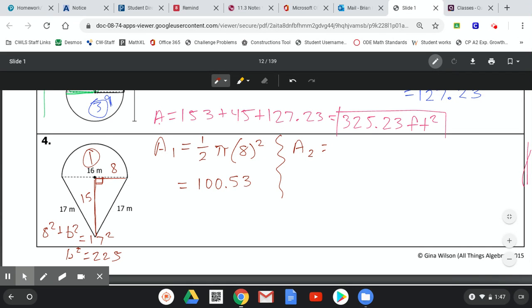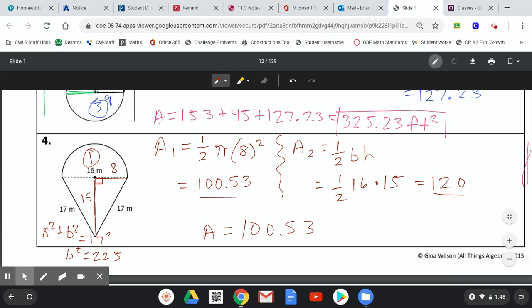So our area formula for a triangle is 1/2 base times height. So that's going to be 1/2. The base is 16, it's the whole length, times 15, which is our height. And when we do that, we get an answer of 120. So now we take our two areas and we add them together to get a total area. Area equals 100.53 plus